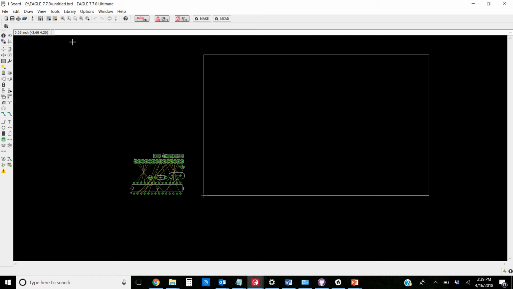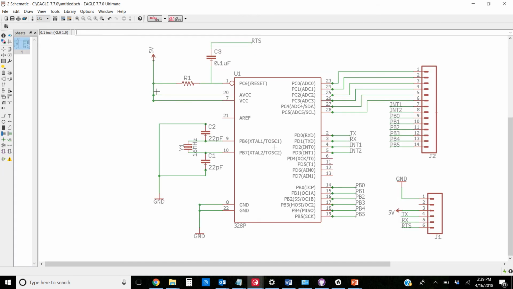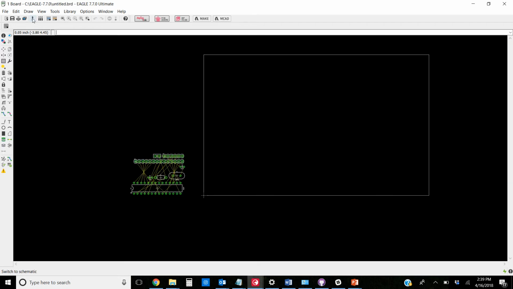So in session 1, just to show where we left off, we had created a schematic, and then we went up here, we clicked on this button, and it generates the board view. So this is where we're going to start off today. We've generated all of the parts, we've run all of the wires on the schematic, so now we actually have to design the board. So first thing we're going to do is click on the move button and take a